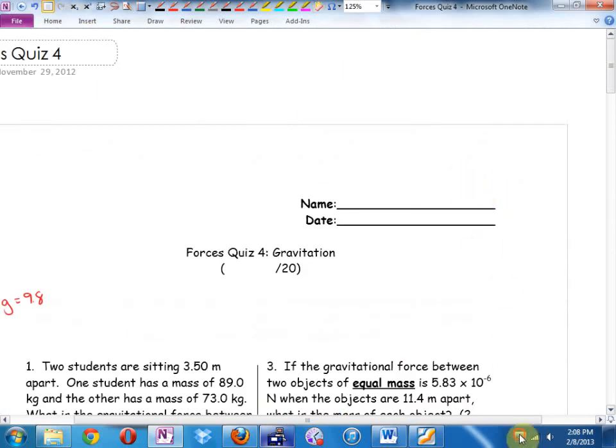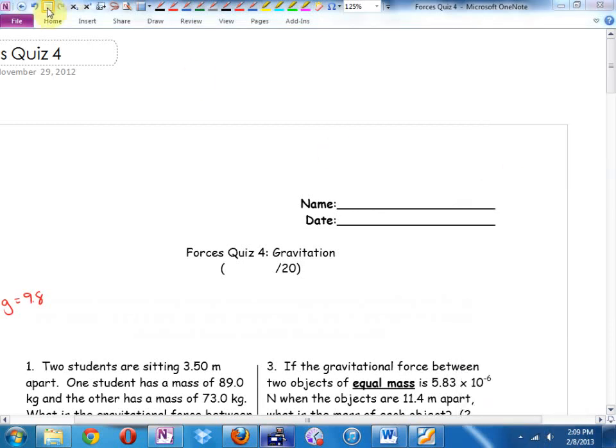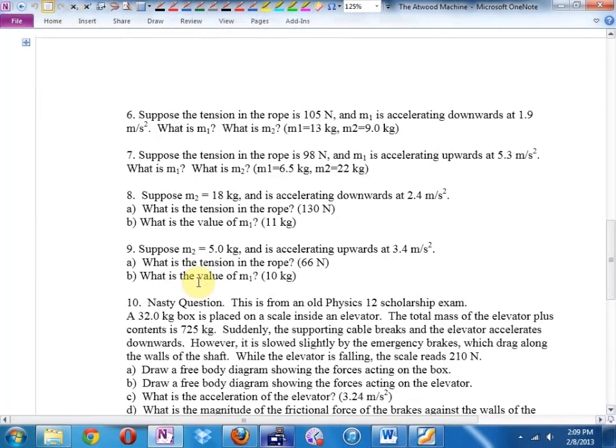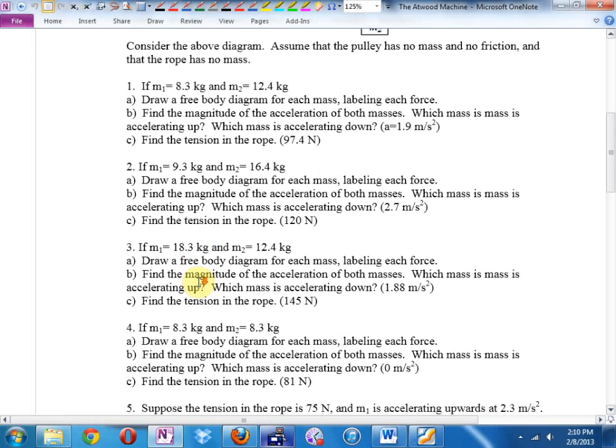Put your names on them. For the remainder of class, can you get out the handout that I called the Atwood Machine, this one here? Because this also has some questions that I think are fair game for the test. Some that are harder, and if you want to try them, you can, but I won't freak out if you can't get them. The ones that are absolutely fair game,